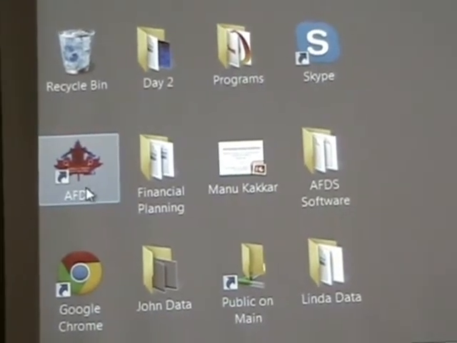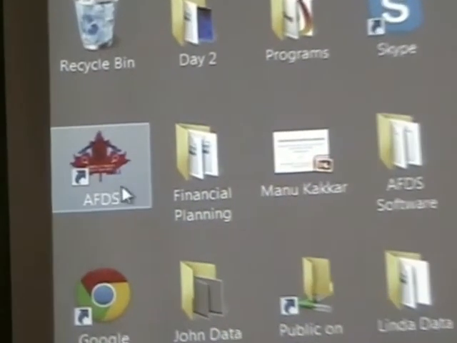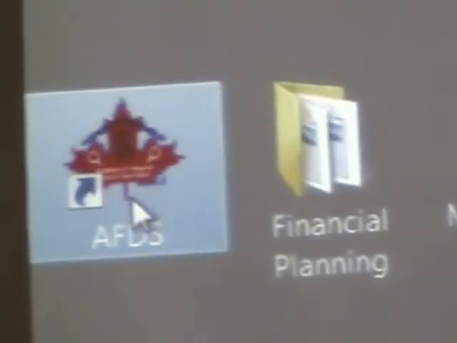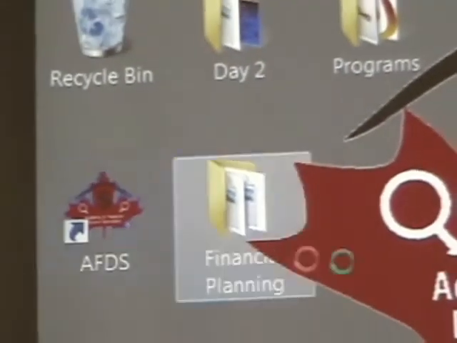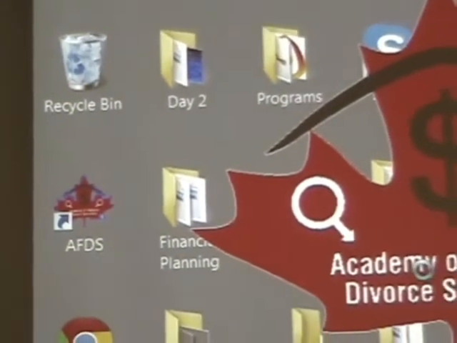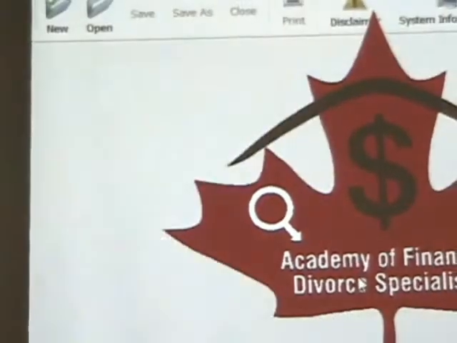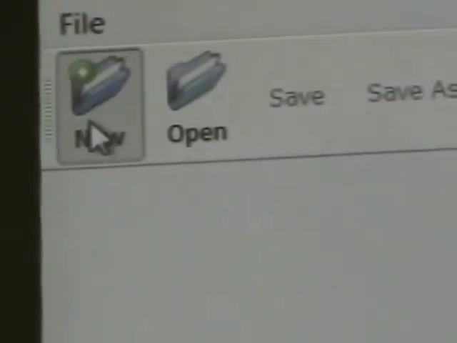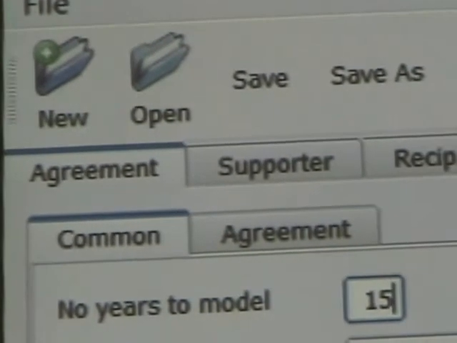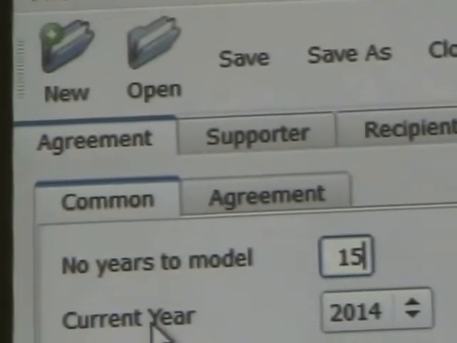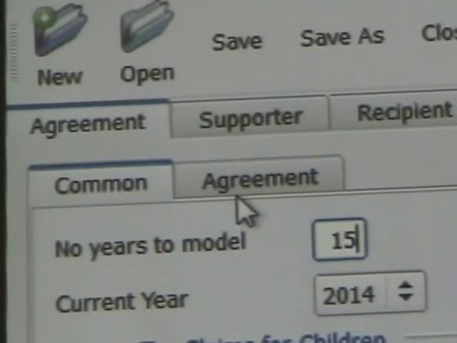So we're going to start with clicking on your icon that you have, and that will open up the program for you. You'll see your splash page with the logo on it, and then you would open up a new file. So if we click on New, and we see that it starts off with our common and agreements screen, but